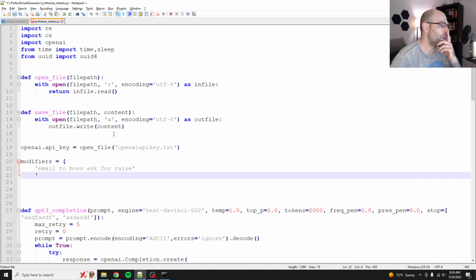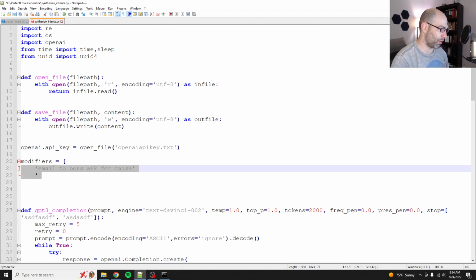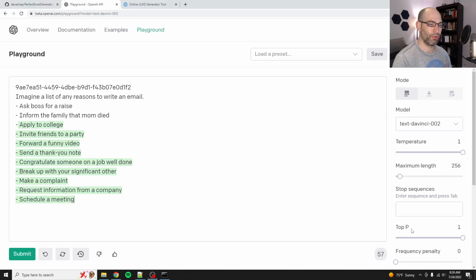Because ideally, it would invent these modifiers on its own. Let me think about this for a second. I'm going to pause the recording and think about how to fully offload the creative process because I want GPT-3 to write these modifiers for me. Let me think about this for a second. Okay, I think I figured it out. So what I'm going to do first actually is those intents. I'm going to get GPT-3 to generate a list of intents,